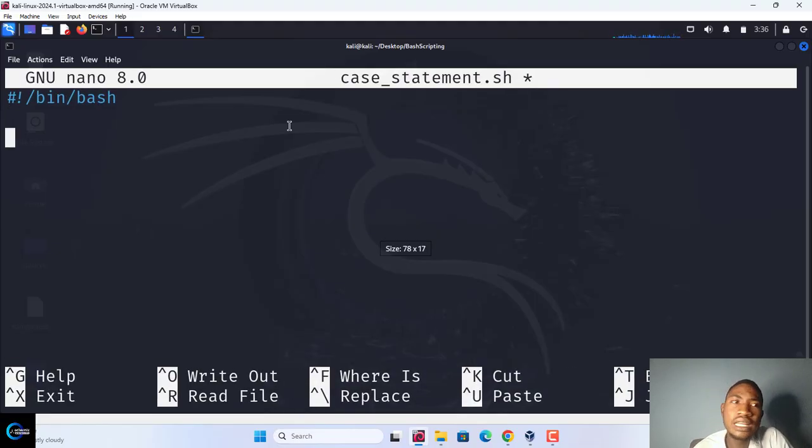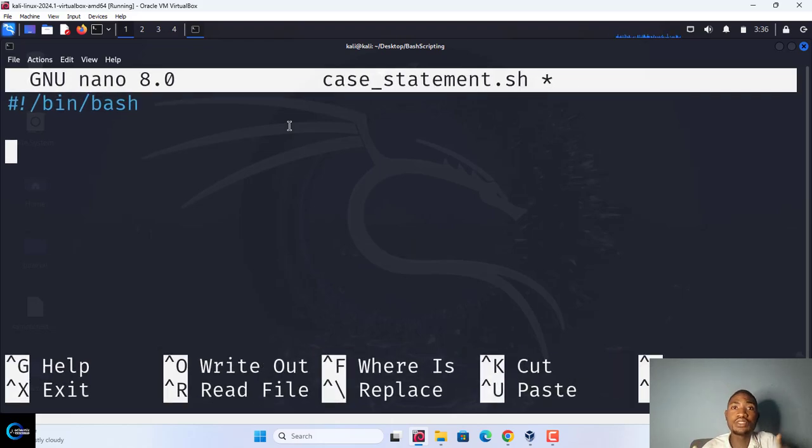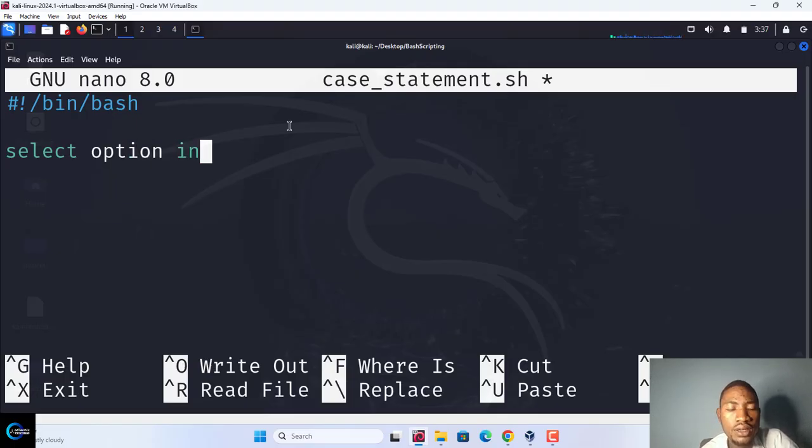Okay, so today let's look at a project called user management, something to manage users, that can delete a user, that can add a user, and so on. So let's say we use the select option, let's say option in. Now what are we going to have? Create user, delete user,